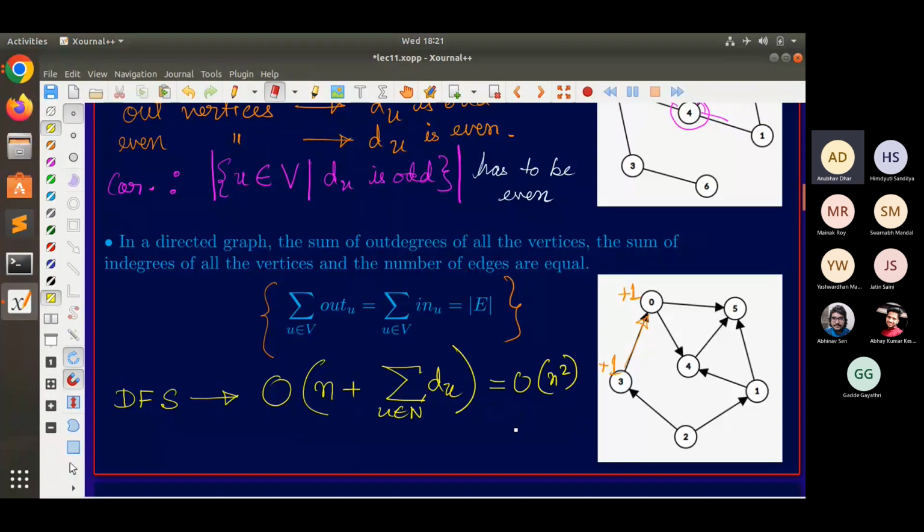Well, this is true if you are using depth first search with adjacency matrices. Otherwise, with adjacency lists, this value is equal to twice e. So let's say the size of E is equal to m, then this value is equal to 2m,